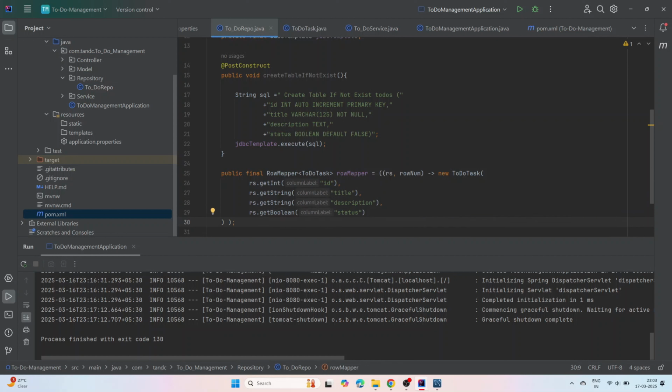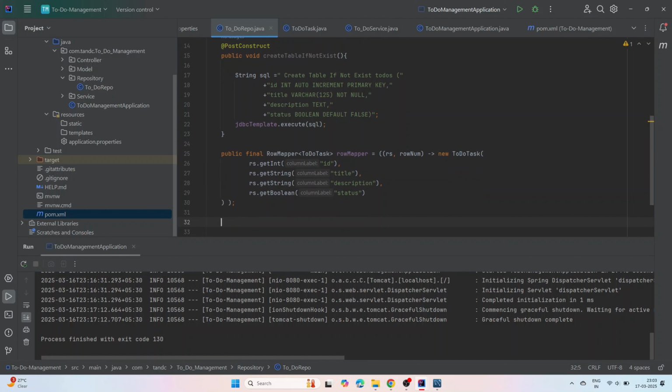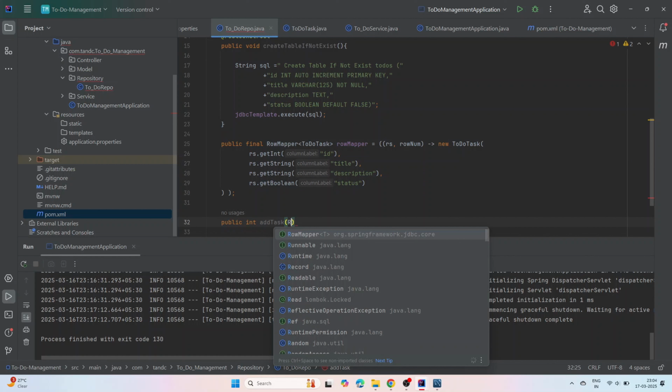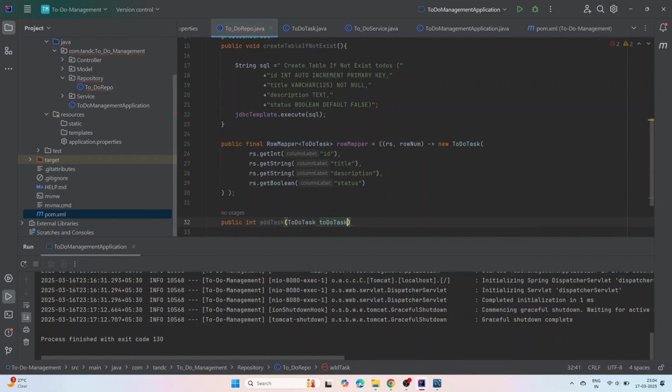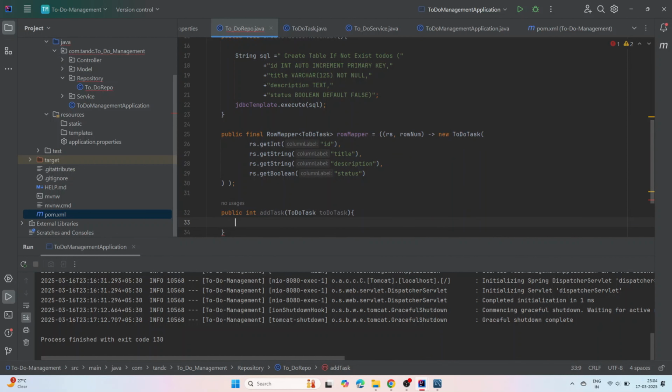We have created the row mapper lambda function, and it is responsible for converting the database result sets into Java objects. So we can now create another method called public int addTask to add the data into the database. We need the ToDoTask object here, and just mention the ToDoTask object, and here we write the SQL query to insert the data into the database. For that, let's type String sql is equal to